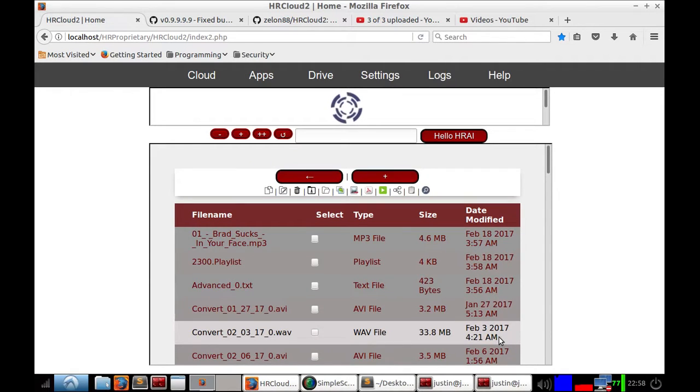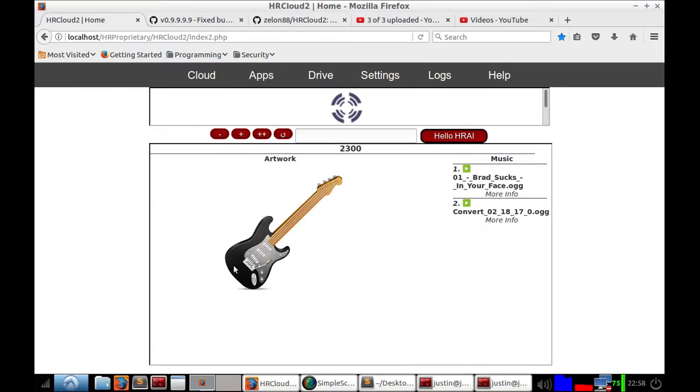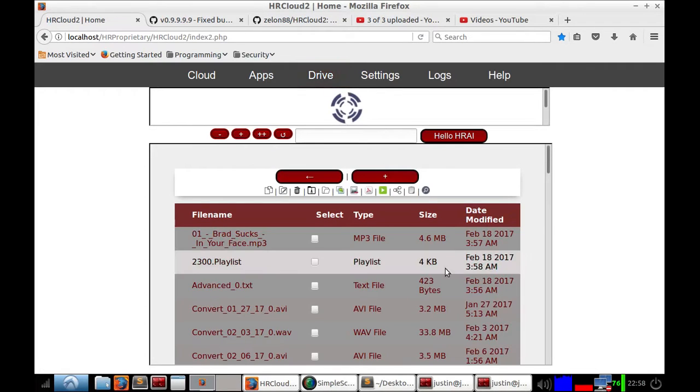Then HRCloud2 has a little hook in it to look for a file with a .playlist format, which in reality is just a folder named 2300.playlist full of these files. But HRCloud2 sees it as a file because of the extension, and it invokes the HR streamer, and you get the file name at the top, and you've got your more info, and the things are broken, and then you do this, and it's kind of simple and kind of bulky and kind of quirky, but kind of broken. We'll get there someday. Anyway,